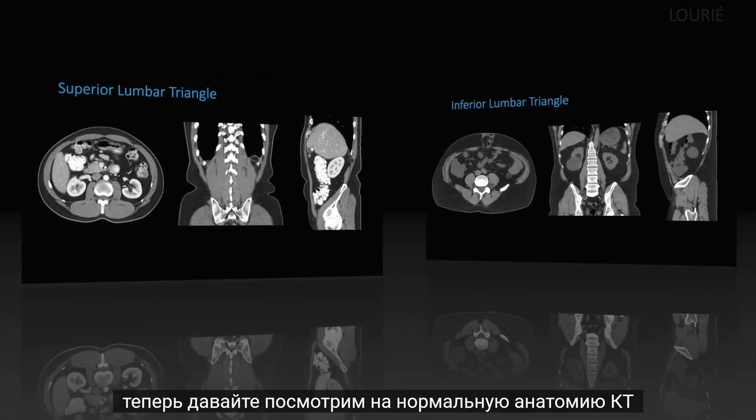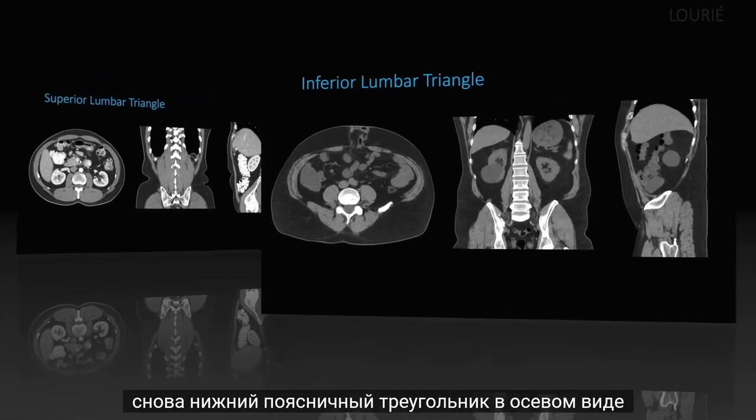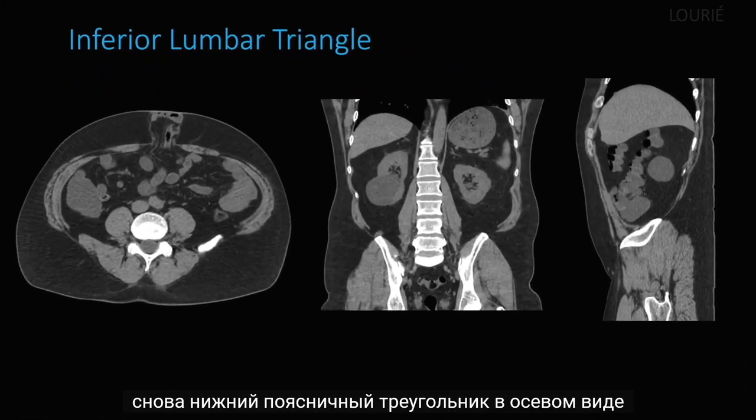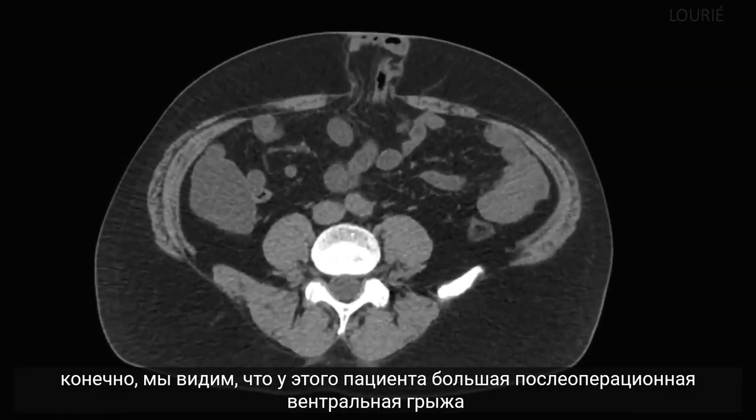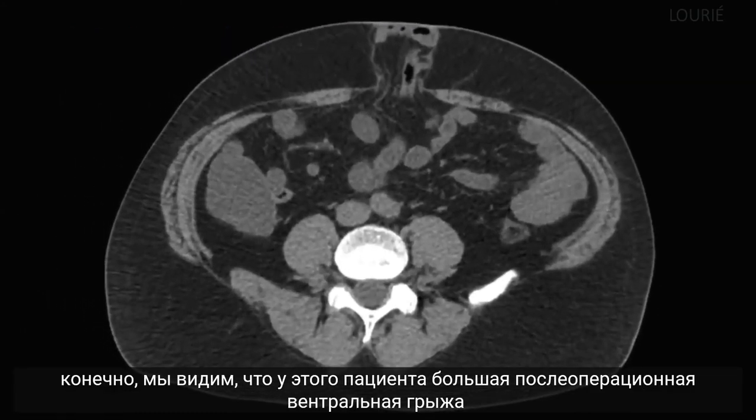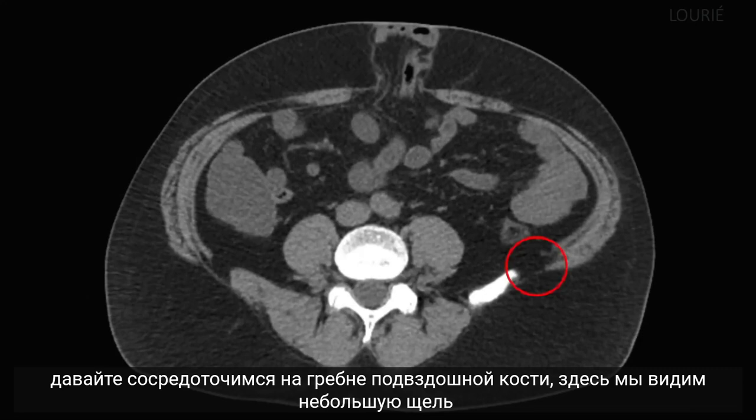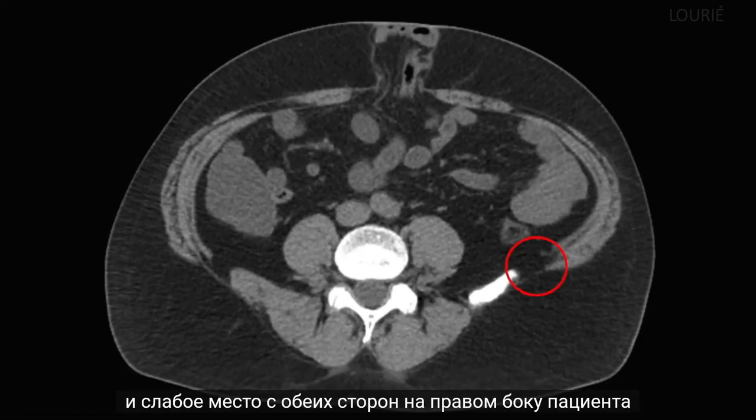Now let's look at normal CT anatomy of the inferior lumbar triangle. Again, in the axial view, of course, we see this patient has a large incisional ventral hernia. But let's focus on the iliac crest here. We see a bit of a gap and a weak spot on both